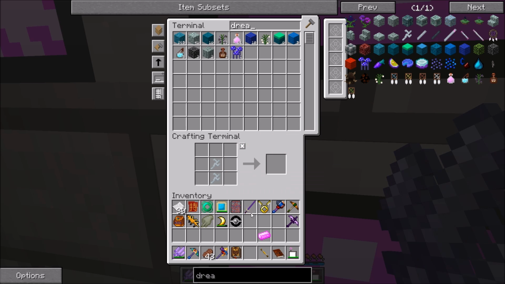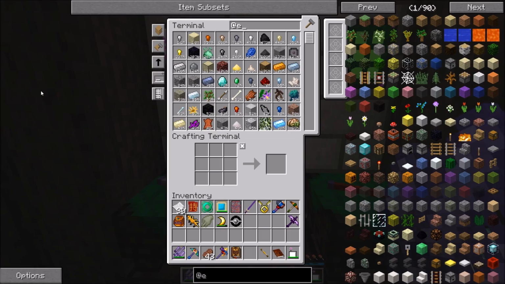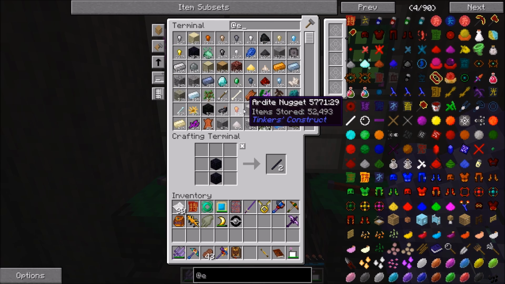2 of those Dreamwood twigs. There is our Elementium shovel, and we'll go ahead and throw that into there. And then we are going to need the extra utilities tools, so the destruction pick and the shovel. Okay, go ahead and make me...